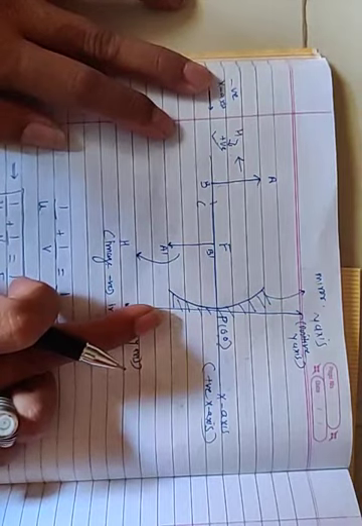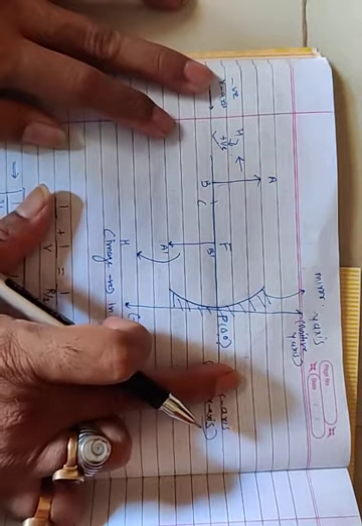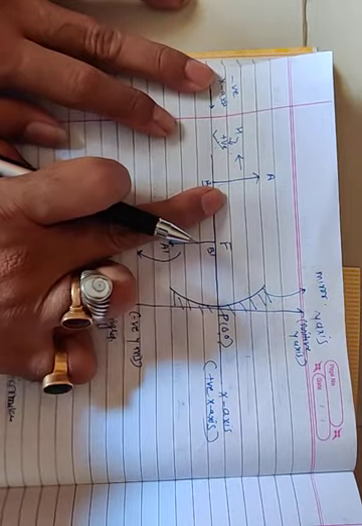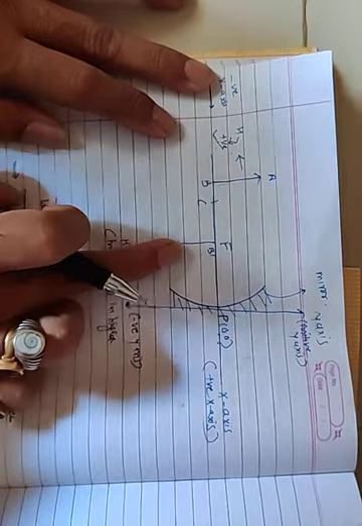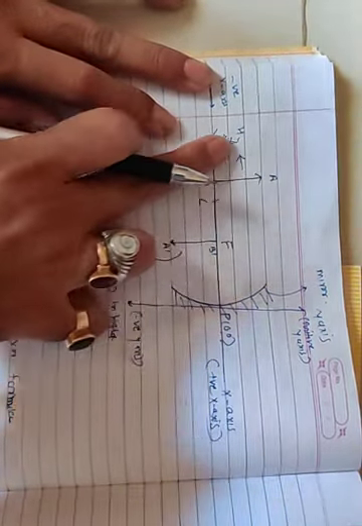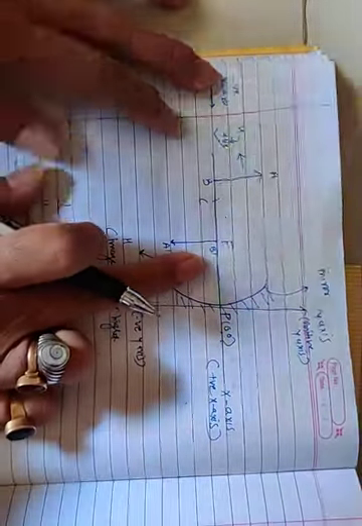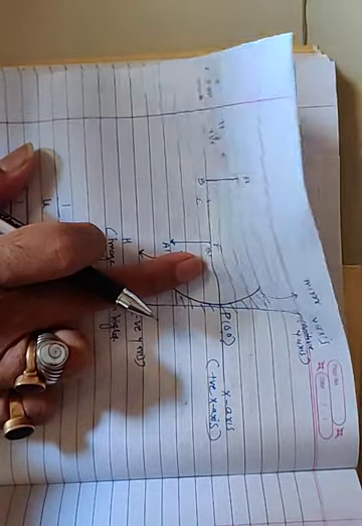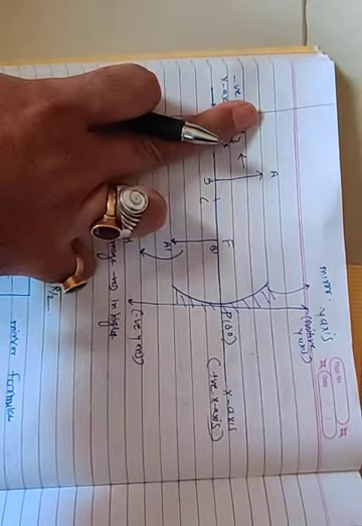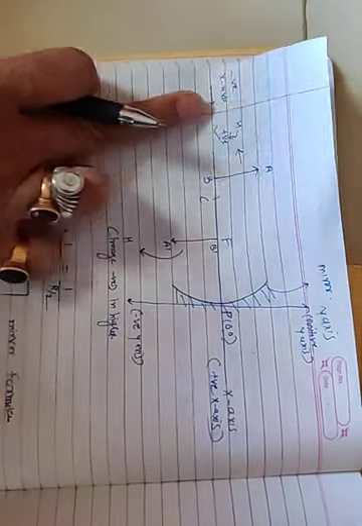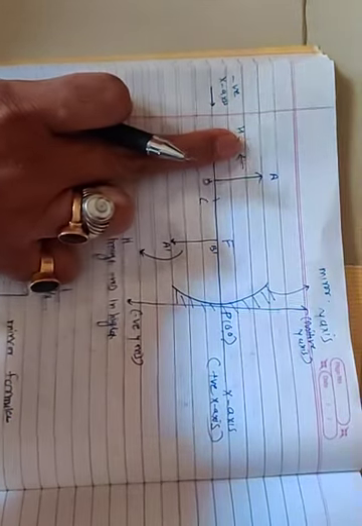All distances measured to the right of the origin along the positive x-axis are taken as positive, while those measured on the left of the origin are called negative. Distances measured perpendicular to the principal axis, above it, are called positive y-axis, and below it are known as negative. So the new Cartesian sign convention is illustrated in figure 10.9, which you will learn in sums. So for some purposes you have to remember this Cartesian sign.